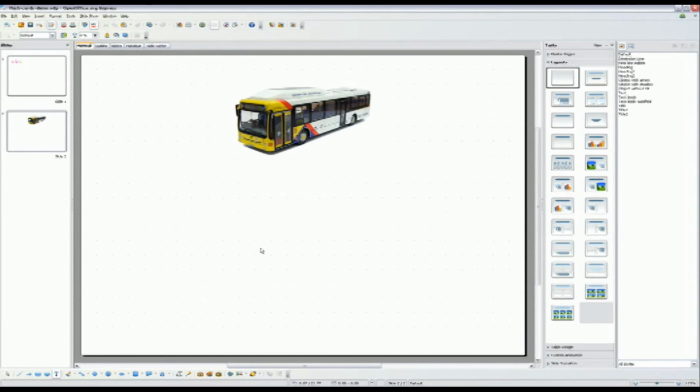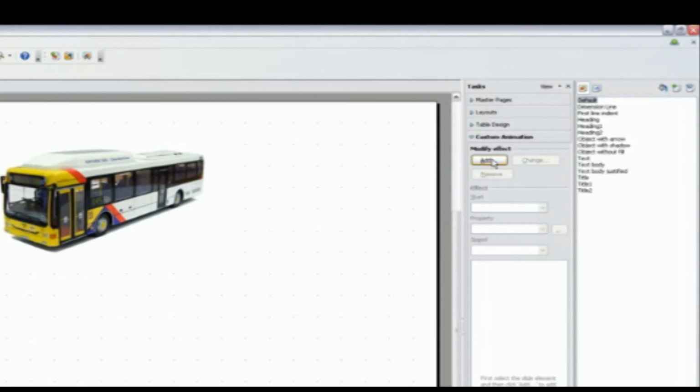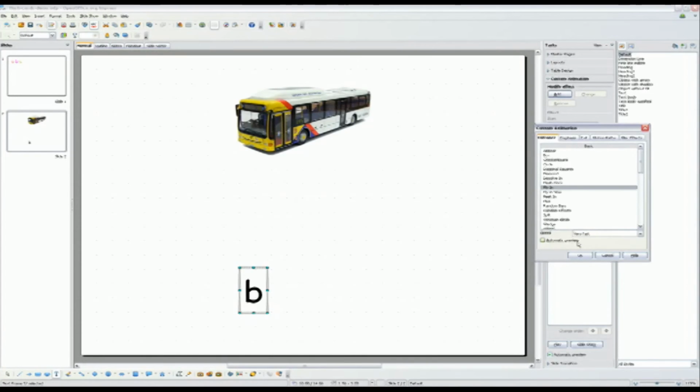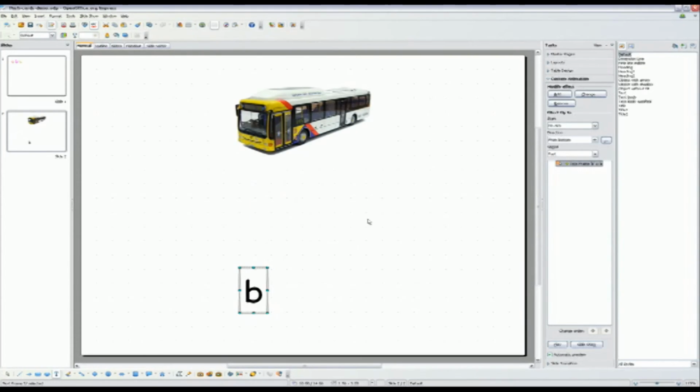So now for this one, bus, we'll just start typing in the letters, B for bus, and the same thing again, we've got to do each individual letter. As you can see, we need the custom animation, which is just there. Add the effect, fly in again, choose the speed, click OK, double click it. You can select where it flies in from, select the sound, and OK. And again, Control C for copy, Control V, move it alongside,